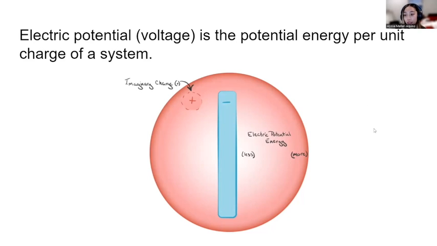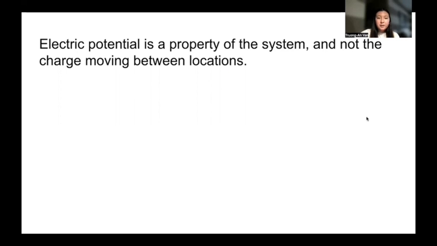the imaginary positive charge. So one important difference between gravitational potential and electric potential is that mass is always positive under gravity, while there are both positive and negative charges in electricity. The example below will help us understand how electric potential is a property of the system and not the charge